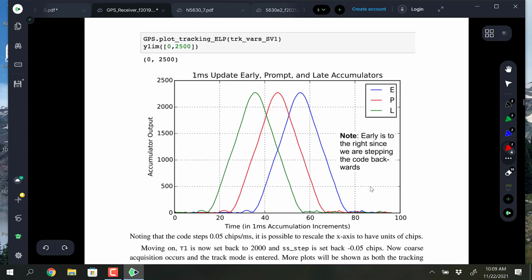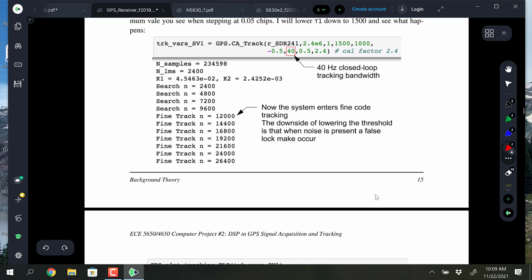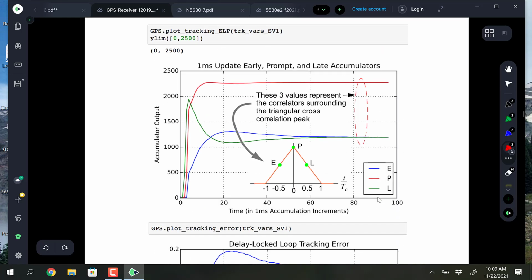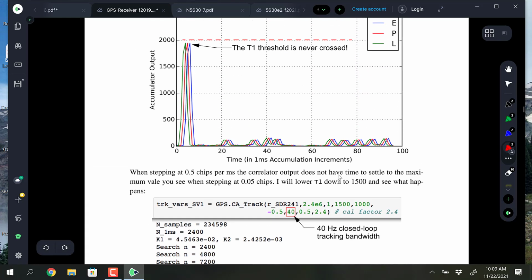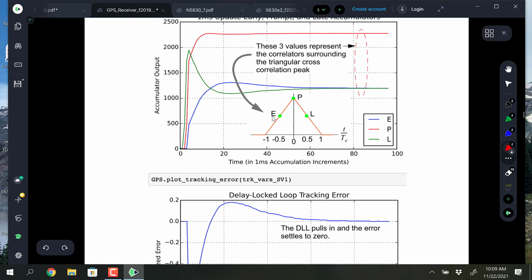Just looking at the pictures here. So these are the 3 correlator outputs, the early, prompt, and late. And when you difference them, which was part of the assignment, so that's not shown in here. When you difference them, though, you get that S-curve shape, and that's talked about in here. But plotting the picture was something they had to do. But in theory, early and late are like here, and then prompt is going to be right at the top